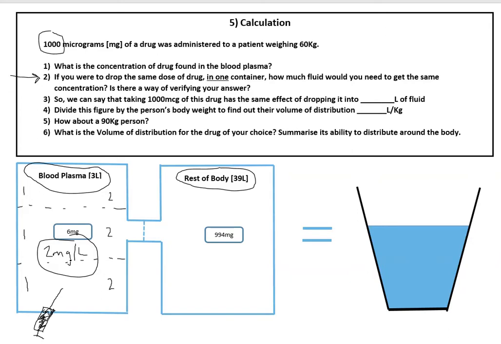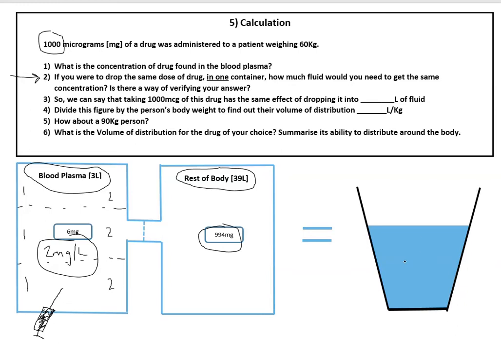So, in layman's terms, we've just dropped 1,000 milligrams into this person, and we've ended up in the blood plasma with a concentration of 2 milligrams per litre. Because a lot of the drug obviously has gone into the body, which we won't be able to tell as easily as we can with the blood plasma, because we can just draw it out with a needle. So here is one container